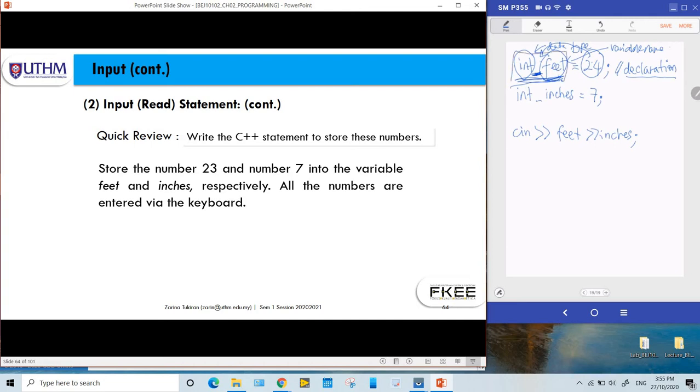The name of this identifier is int feed. So int feed is no longer a data type and identifier name,